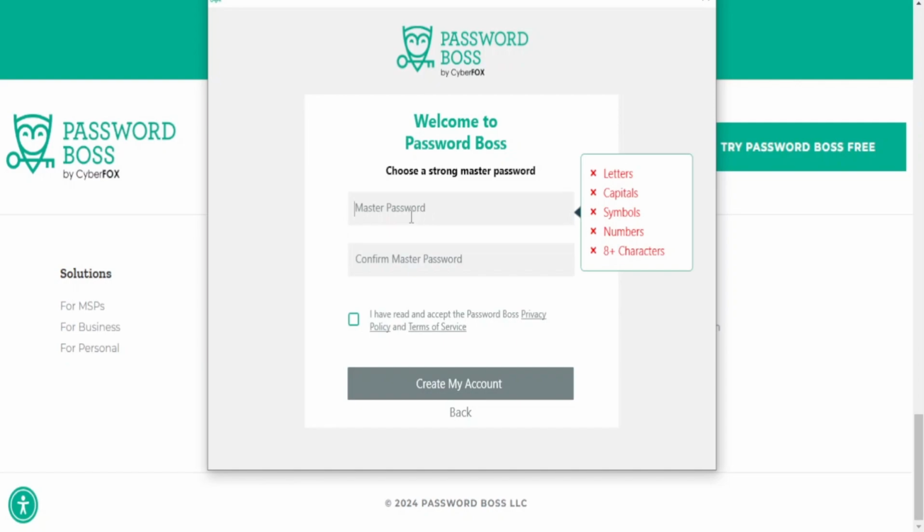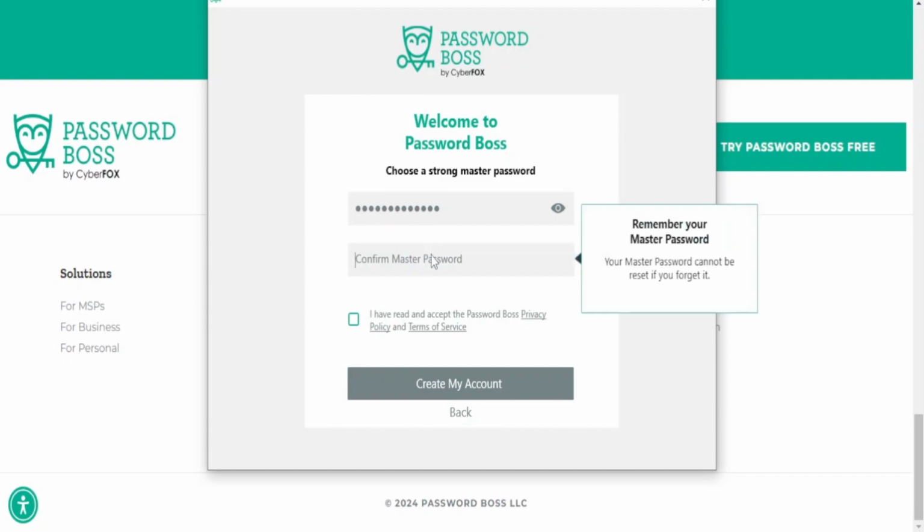But now we have to make our master password. For that, we have to think of a password, guys, but try to make it a little bit stronger. If it's strong enough already, don't. But if it's quite simple, just try to make it a little bit stronger, and after a little bit I'll give you the ultimate advice from me. So right now I'm just gonna enter my regular platform password,